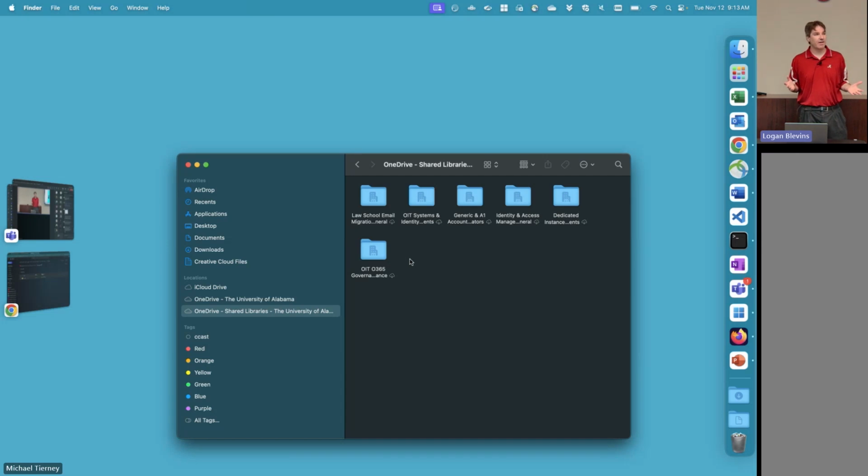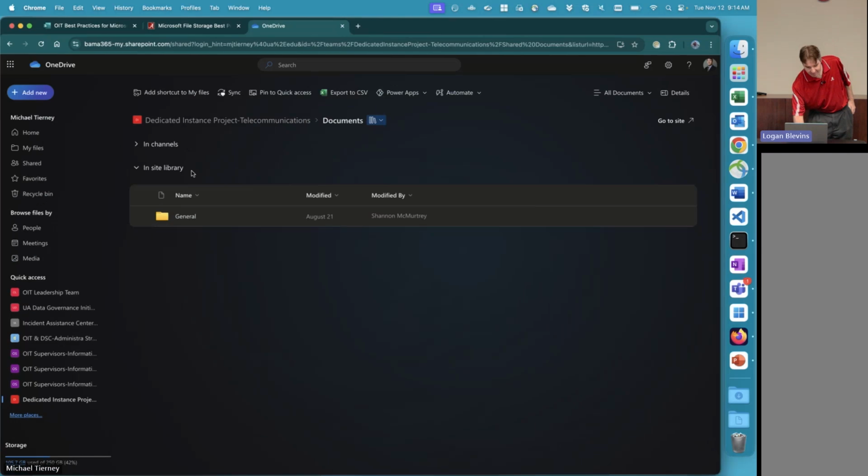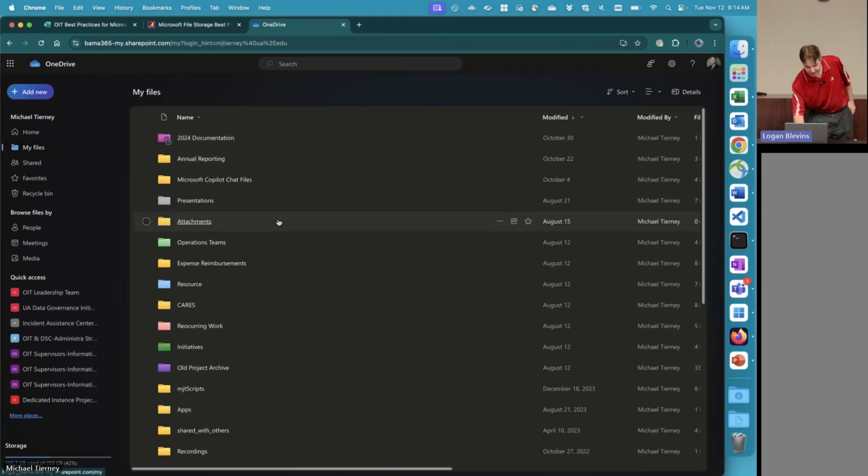It works pretty much the same way on a PC. If you're used to using that File Explorer experience, it gives you just that same thing without having to go through the web-based experience. Now the web-based one's a little richer. Those folder colors that I also love, and you can see that I've used them extensively in the My Files section, don't show up in Explorer. So you do lose some of that richness,